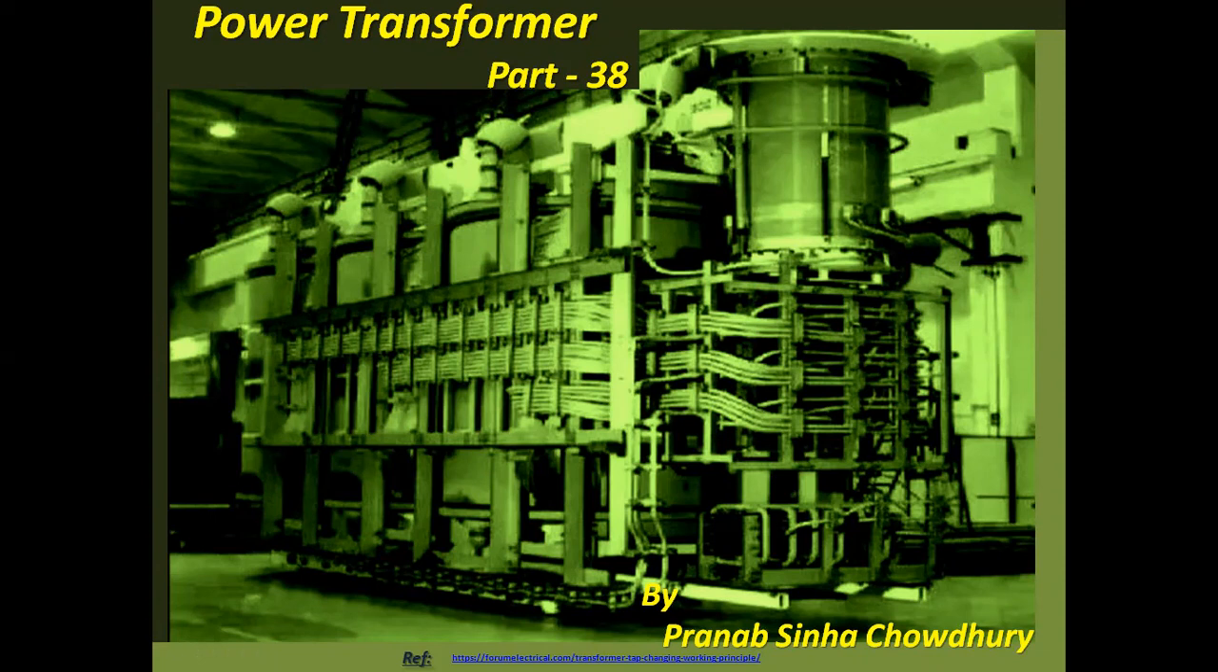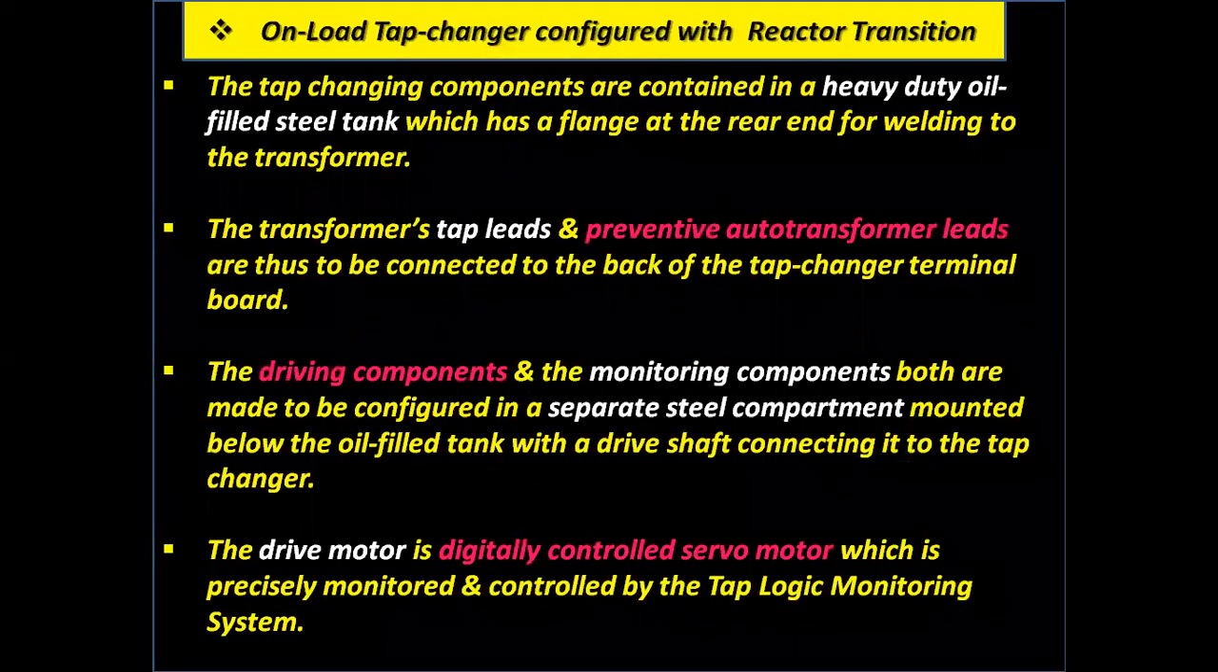Let's start with the on-load tap changer configured with reactor transition. The tap changing components are contained in a heavy-duty oil-filled steel tank which has a flange at the rear end for welding to the transformer. The transformer's tap leads and preventive auto transformer leads are thus to be connected to the back of the tap